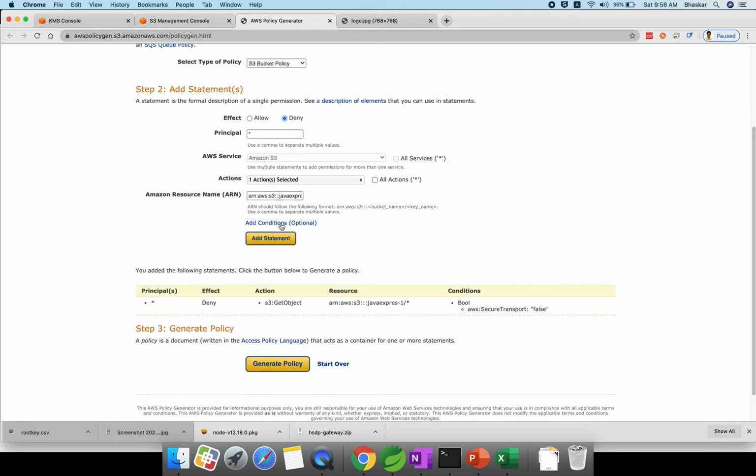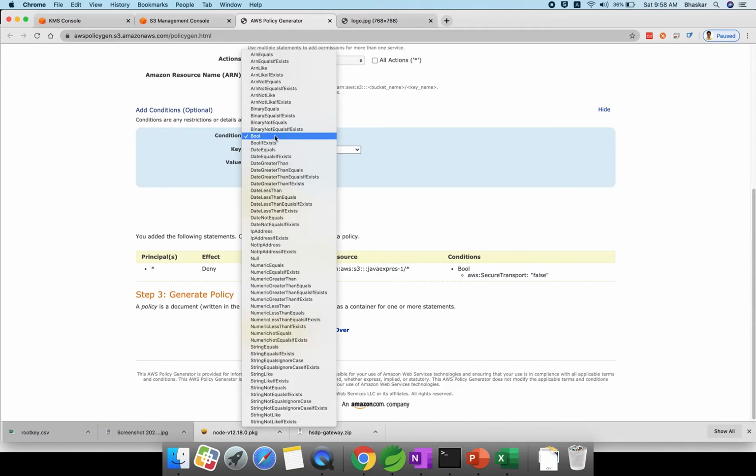Next, add condition. When uploading, I can check whether it is null or whether it is AES256. It is a string type, so I will check whether it is equal or not.